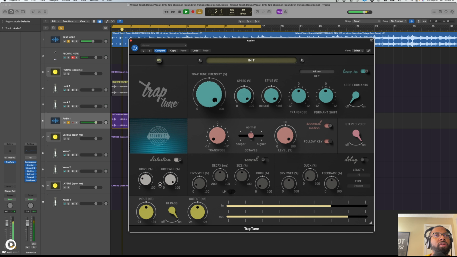Touchdown in your town. So I can do like a parallel distortion if I just have a little bit going